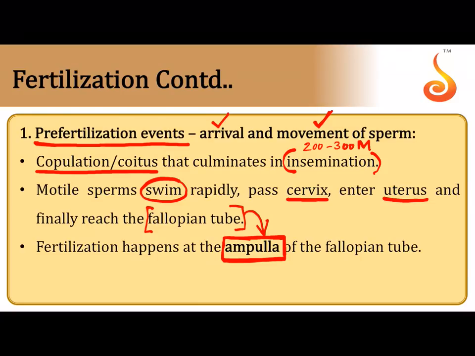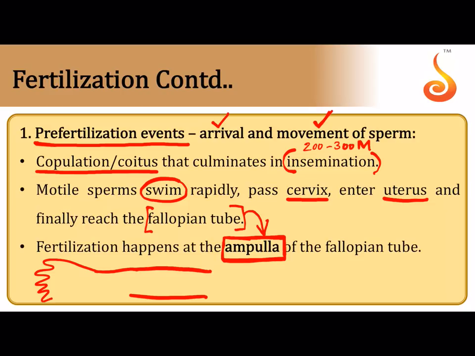And who is in the ampulla? So, if this is the ampulla, and this is the infundibulum and the fimbriae, and this is the narrow part of the fallopian tube, which is the isthmus. So the egg or the oocyte has made its journey from the ovary,